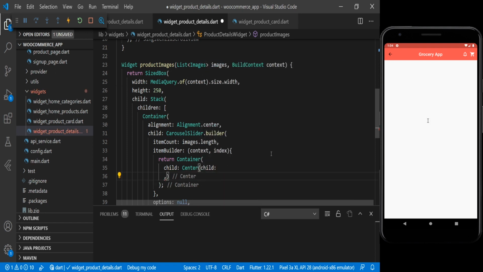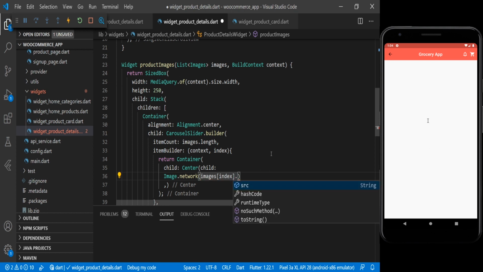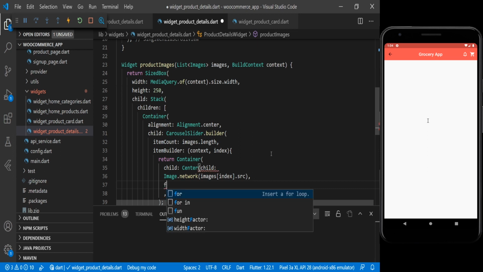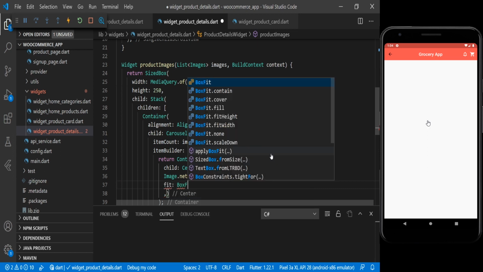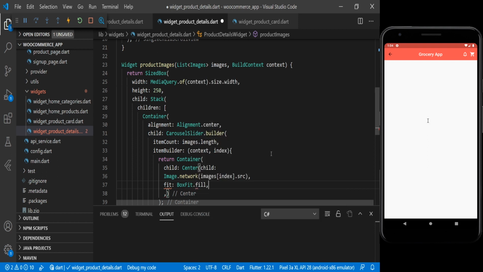For the child we are using Image.network, and for the source we are using images, and index we are passing here. Then we will have fit. For the fit we are using BoxFit.fill.